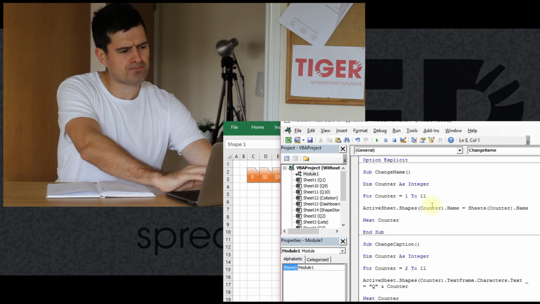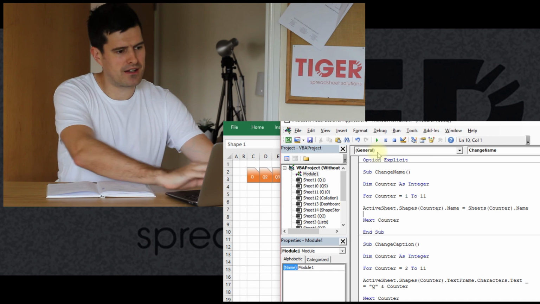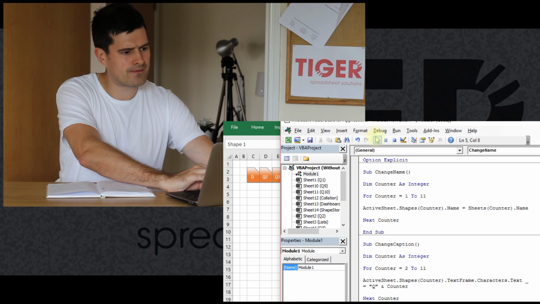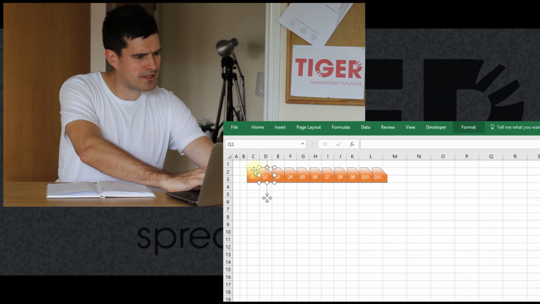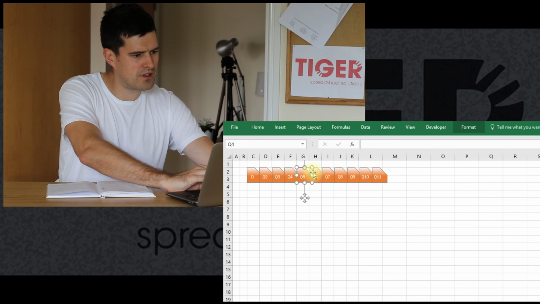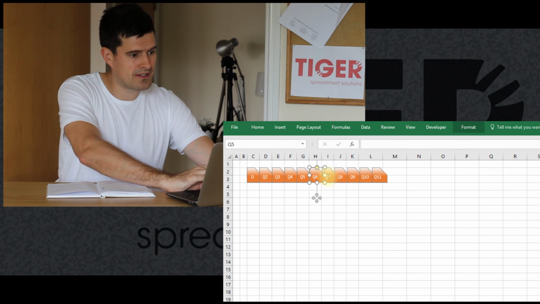Okay, let's give this a go. Let's just run this code, save the spreadsheet, back it up, and let's give this a go. Okay. Good. So let's have a look at the names. Q1, Dashboard, Q1, Q2, 3, 4. We can see the names in the top left corner here. So that seems to have worked. Seems to have worked really nicely. Okay, Dashboard,